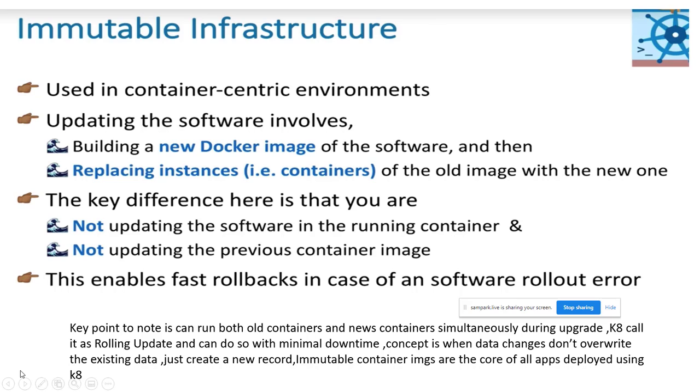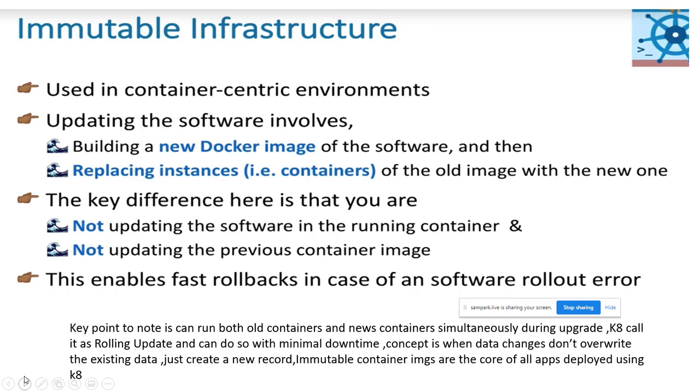Now, immutable infrastructure. This is mostly found in container-centric environments. Basically, we build a new Docker image. The key point to note here is that we can run both the old containers and the new containers simultaneously. Suppose we are doing an upgrade, like suppose there is a banking application, say ICICI.com, and